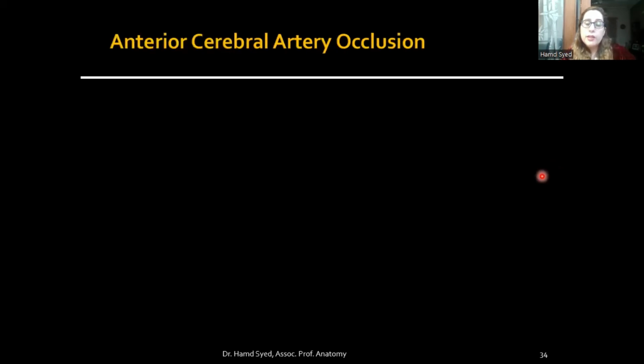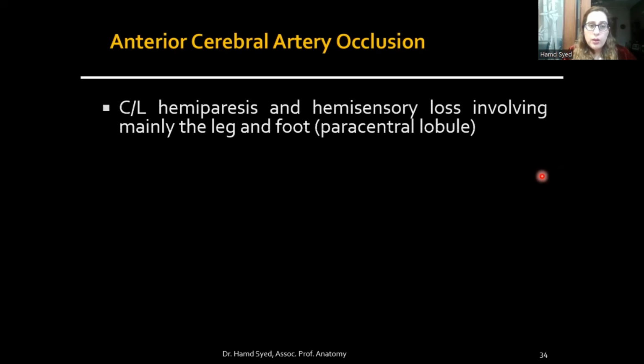So first we'll talk about the anterior cerebral artery occlusion. Well, if there is occlusion in the anterior cerebral artery, based on the areas of supply which we just discussed, there is going to be a contralateral hemiparesis, which means this is the spastic paralysis, or you could say paresis, that is the partial paralysis or weakening of the muscle function, and hemisensory loss, that is also known as hemianesthesia, involving mainly the leg and the foot, because the area of representation of anterior cerebral artery on the cortex is the paracentral lobule, and therefore this is the part of the body which is going to be affected,